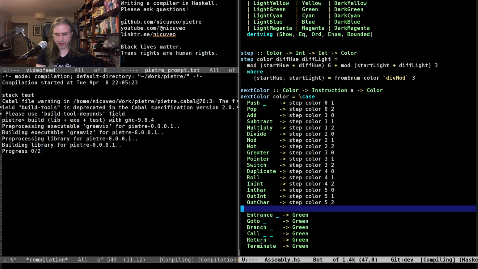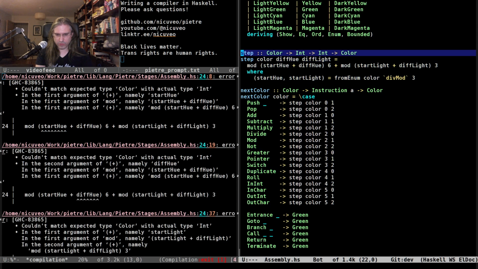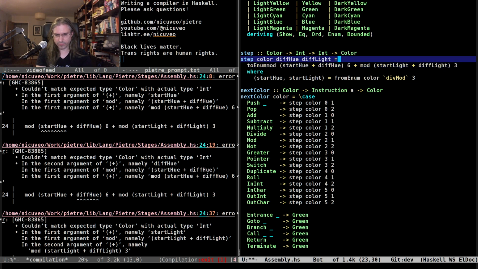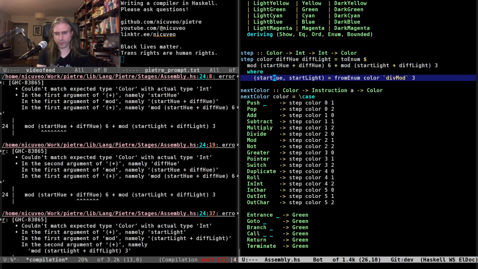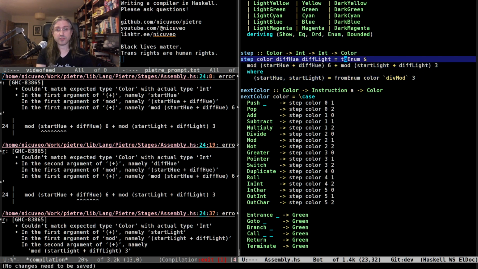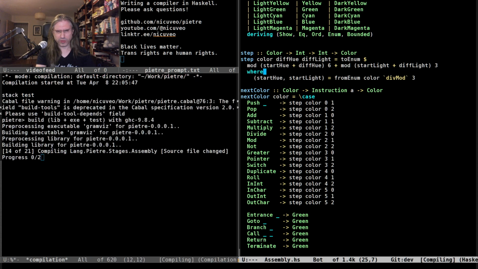Oh, actually, I am going to need to do here a toEnum of this, because I'm using the int value of the index. I compute the new index and I do a toEnum. This is a partial function. This will panic if I get the index wrong. But hopefully I won't.